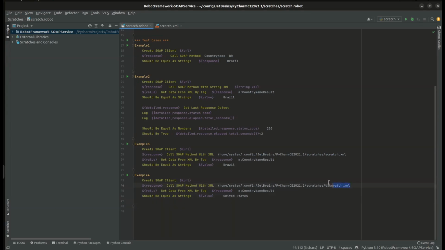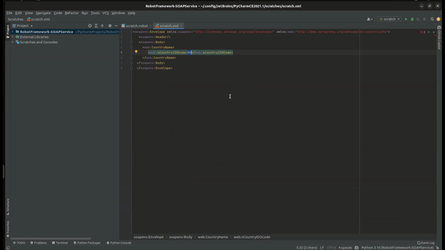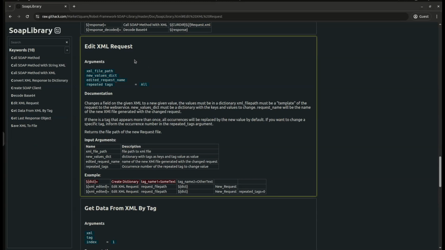So we have to manually create this file, right? So how to make this creation automatic? We will provide a template file, for example, this specific file, and what the changes that we need is the value, right? So instead of creating the request XML file for each value manually, we will use this specific keyword to automate that process. So we will provide a sample request to this particular keyword, and then we will say what value we want to modify in that sample